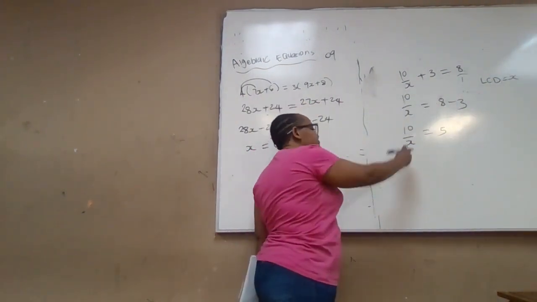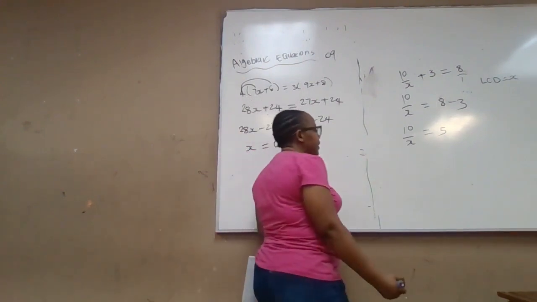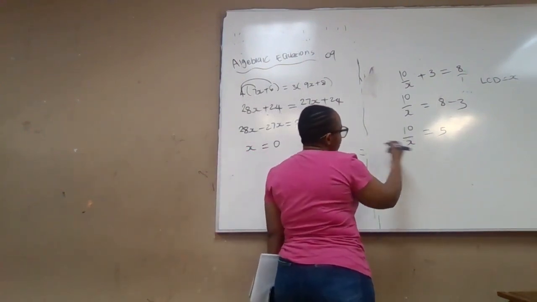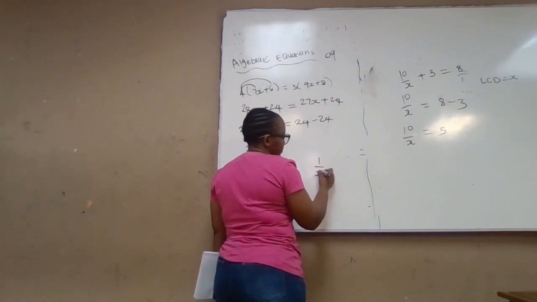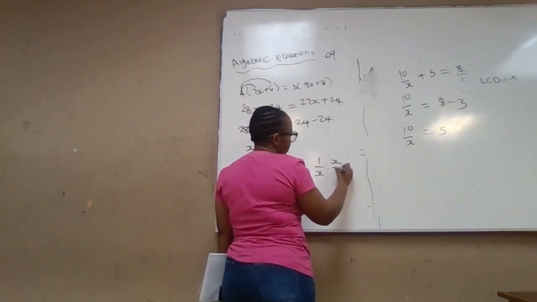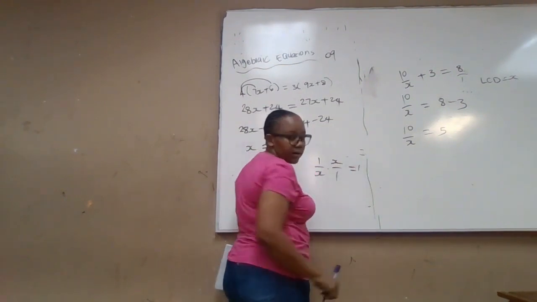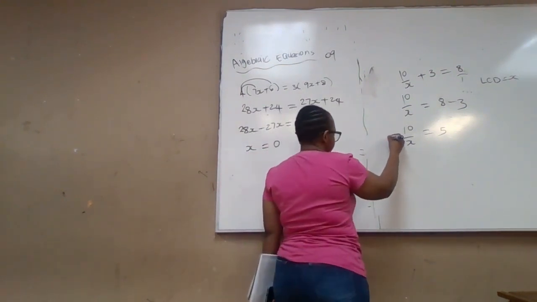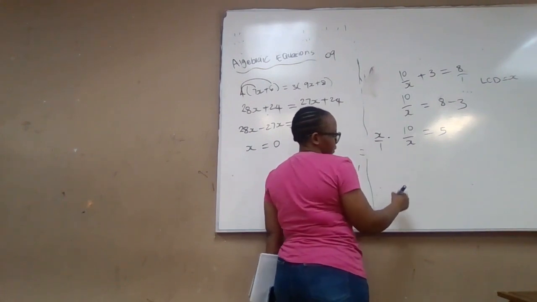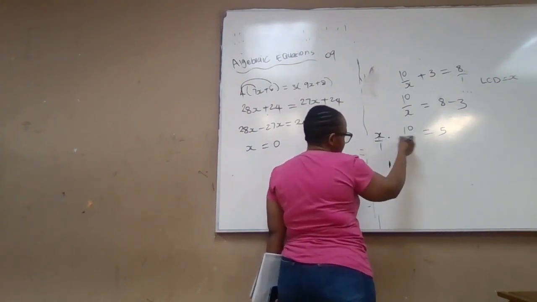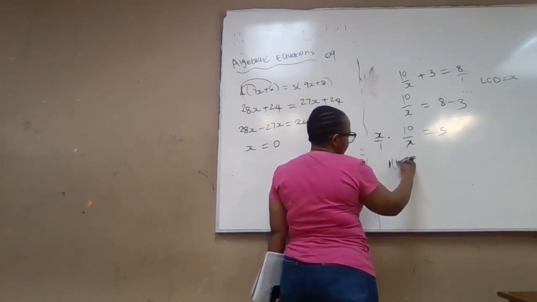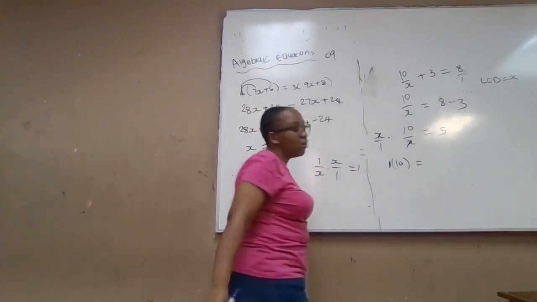Okay? So now we can remove this x by using inverses. So the inverse of 1 over x is x over 1. Right? Multiplying this will give us 1. Right? So we are left with 1 times 10. So what you do on the left hand side